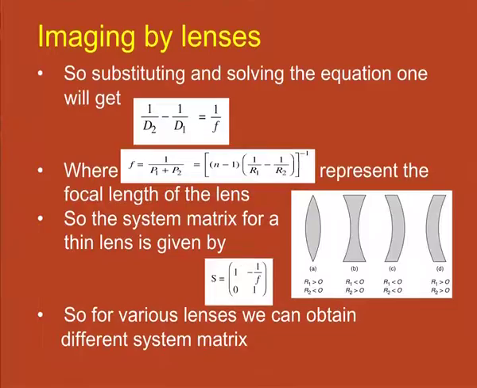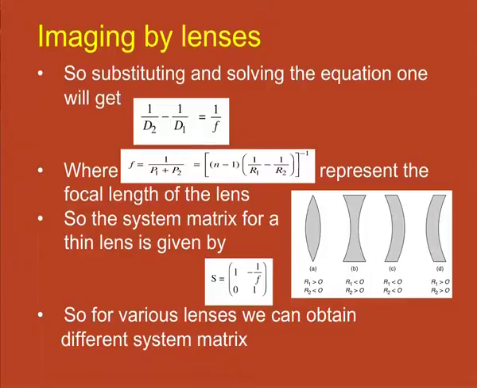So, substituting and solving the equation, one will get 1 by D2 minus 1 by D1 is equal to 1 by F, where F is equal to 1 by P1 plus P2, and that is equal to (n minus 1) multiplied with (1 by R1 minus 1 by R2) whole to the power minus 1, which represents the focal length of the lens. So, the system matrix for a thin lens is given by